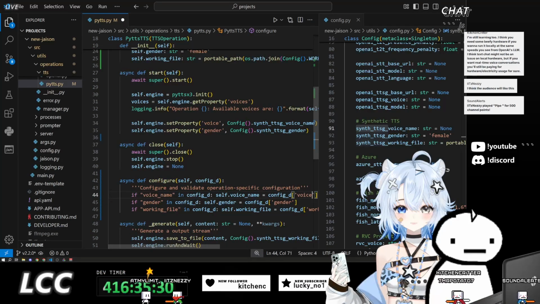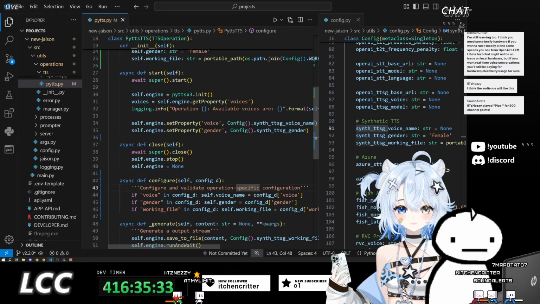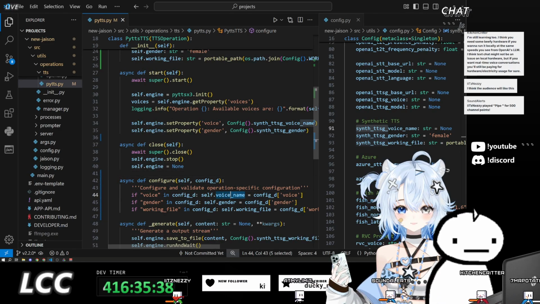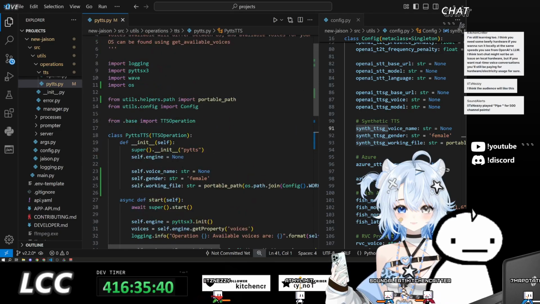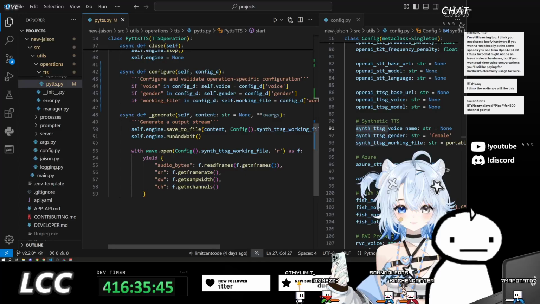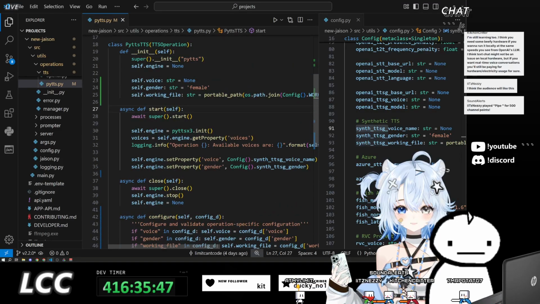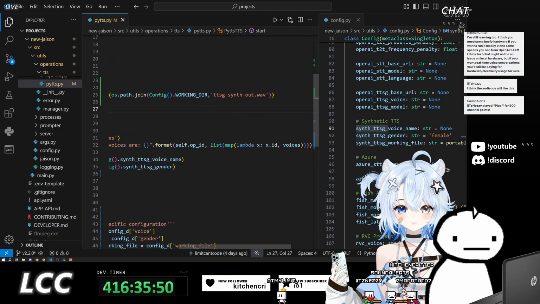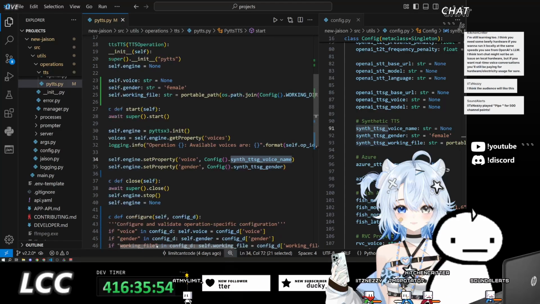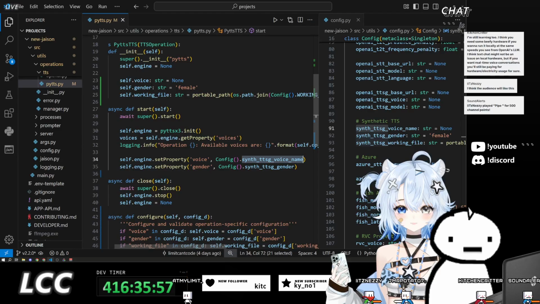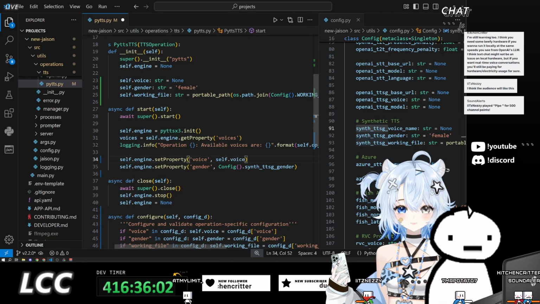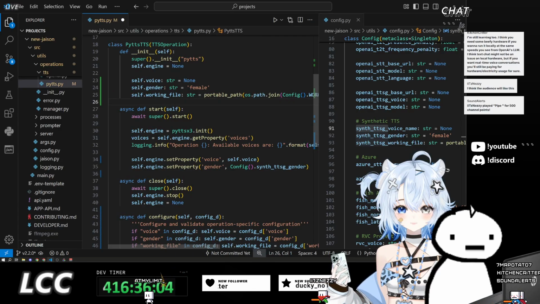Voice name, we'll just put voice. We'll also need to change some of the startup code to actually make use of these new configuration fields. That should be okay.